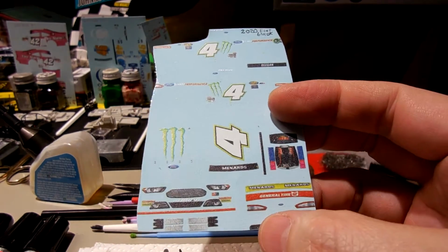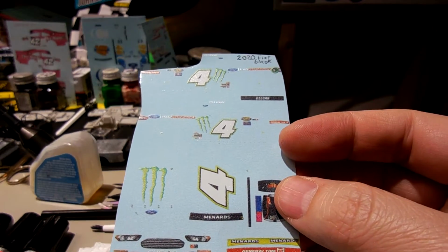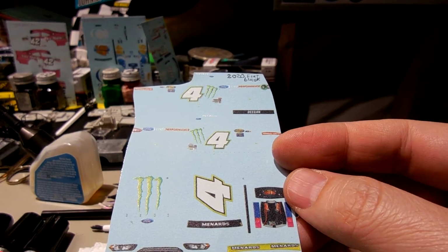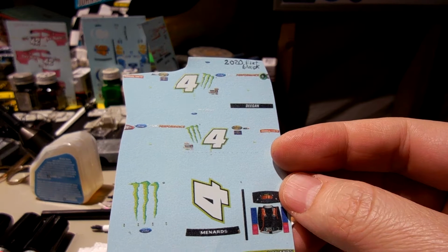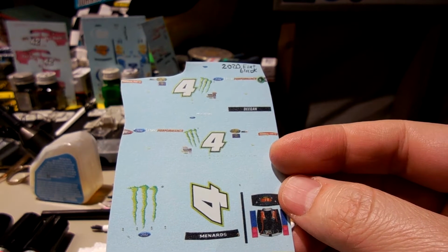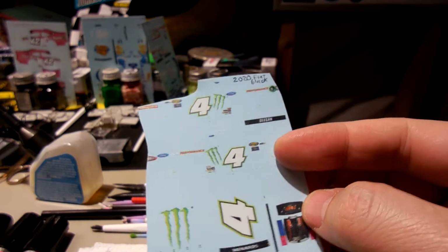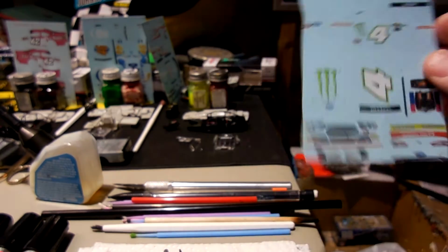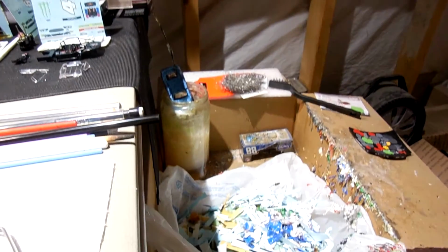I don't think this is ARCA. Is it ARCA? Yeah, I'm not tracking with some of the lower tiered series with NASCAR. But if you know what that is, go ahead and put it in the comments, and that'll be interesting. I'm using a Ford Fusion body, and so that's what I've got in the mix here, and I think it's ready